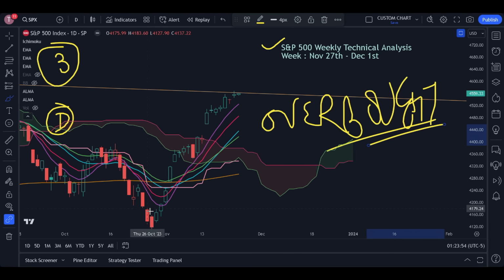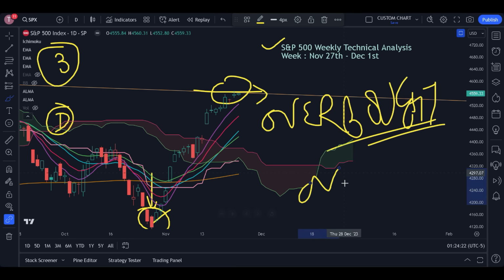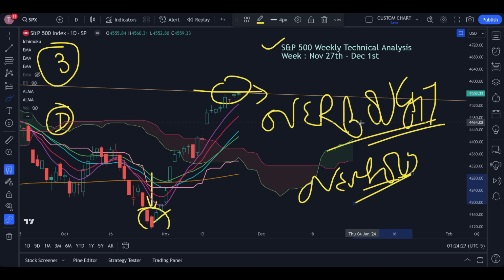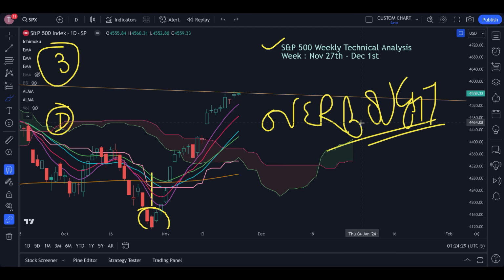Simple. And when I say saturation on the bearish side, on this particular day, the Friday, I predicted a reversal. Why? Because there was a saturation, and it was only the first day of saturation. So I predicted the reversal, and it happened. When the saturation is seen on the bull side, this means overbought. When it is seen on the bearish side, this means oversold. I hope the overbought and oversold conditions are clear.